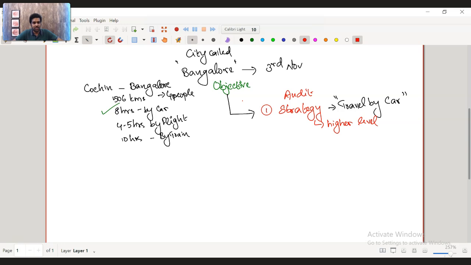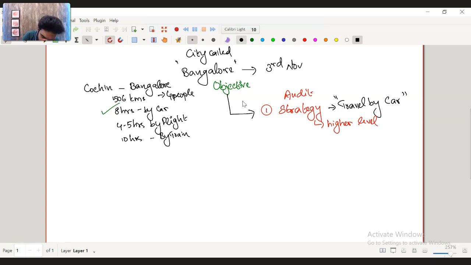For breakfast or lunch? What time should I get in? Where will be the bathroom breaks? What if my tire gets punctured in between? Do I have a spare tire? Do I have the tools? What if my wife gets sick? What if my kids get sick? Should I carry medicines? So now see, the strategy gets executed into the plan.